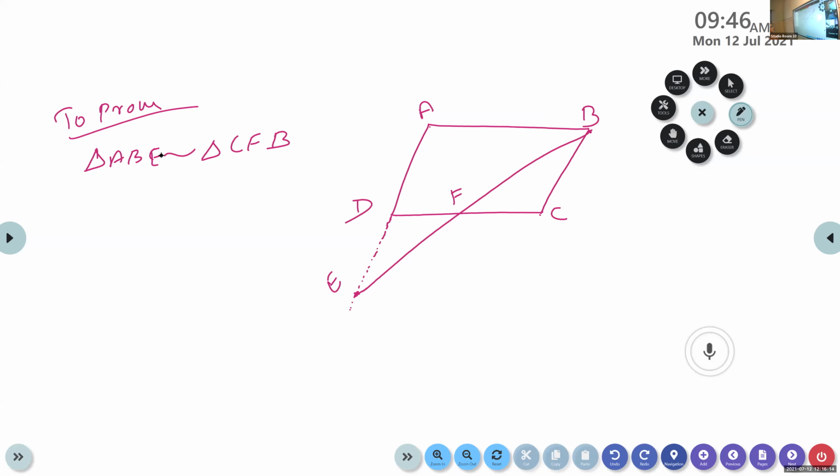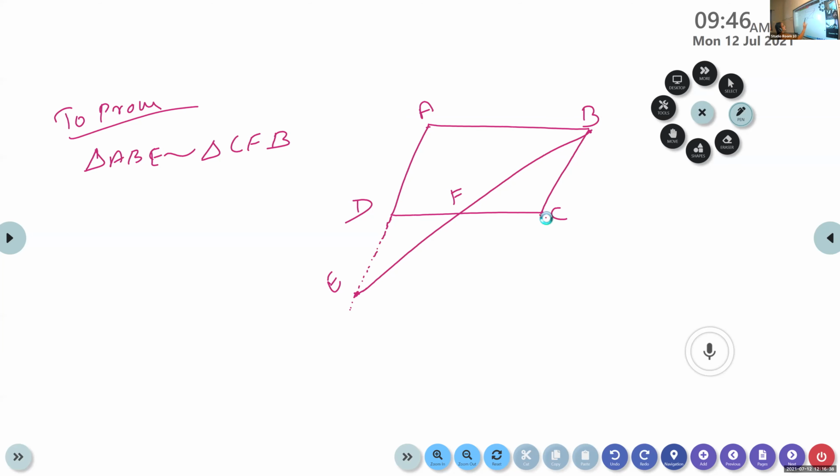Are there any sides given? Sides are not given, so SSS is not possible. So you try with the angles. Try with the angles. Check whether any angles are equal in this figure, in these two triangles,